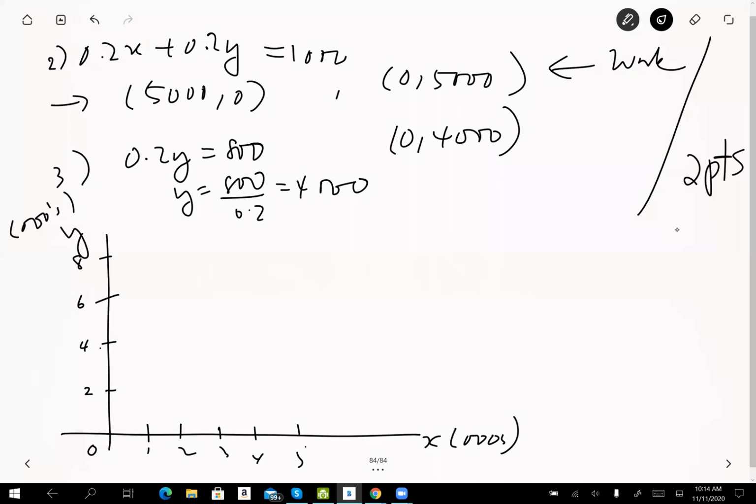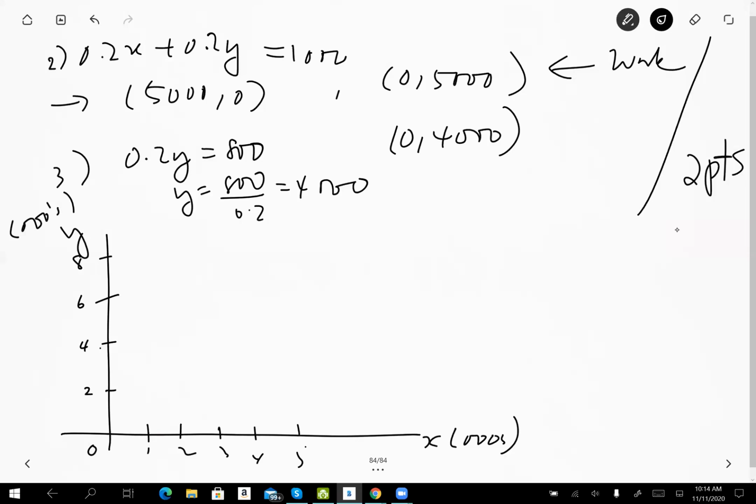Now for the graph, it doesn't matter what interval you choose. Many of you maybe use 1 and 1. For the Y you got 1, 2, 3, 4, 5, and so on. For the X you got 1, 2, 3, 4, 5. So that's good. So I use 4. So you draw the graph of the equation. For the first one, what are the intercepts